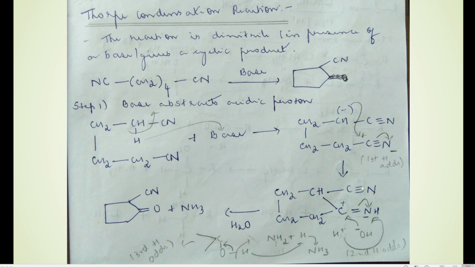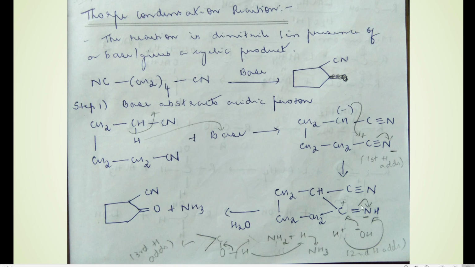So what is happening here, students? One bond shifted here onto nitrogen. So in this step, one triple bond was there. One bond shifted onto nitrogen, so nitrogen got a negative charge. H plus from the reaction medium came and attached over to this nitrogen. And because this carbon had a positive charge, in order to remove that positive charge on this carbon, here there is a bond formation, that is C. Okay, so this is the product that you get.